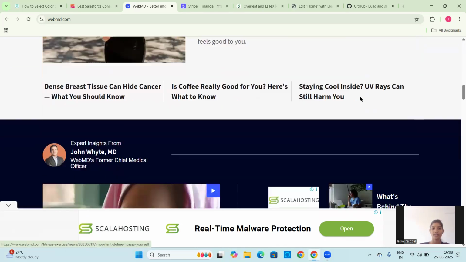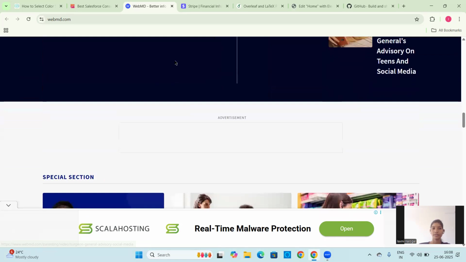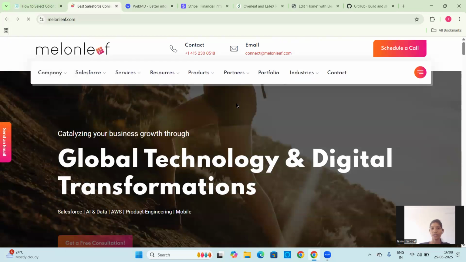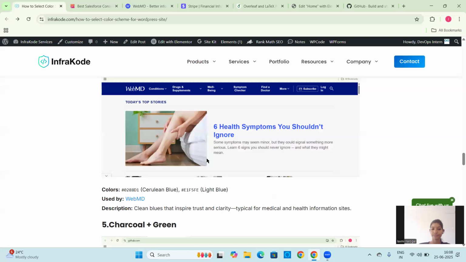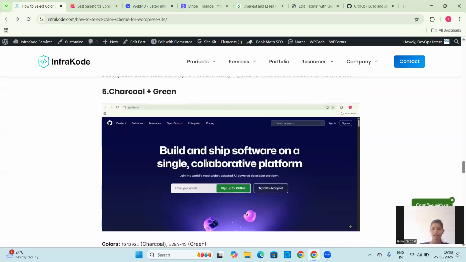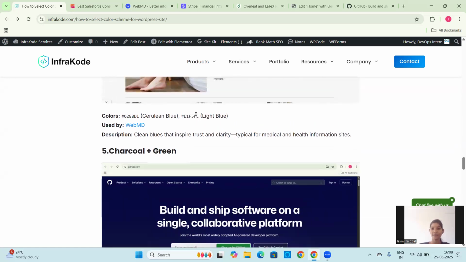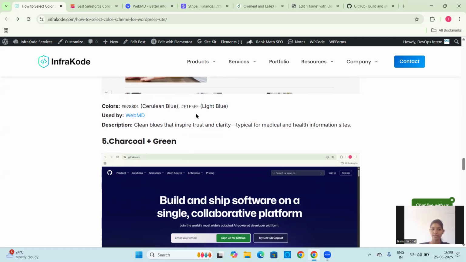Each brand chooses the color combination that fits its site. These clean blues inspire trust and clarity. Typically for medical and health information sites, they use decent colors like light blue, white or gray.